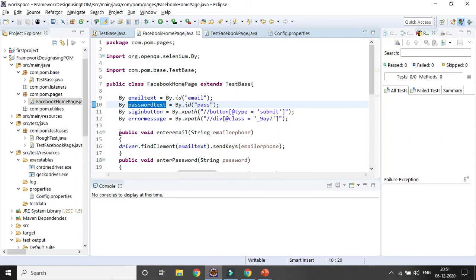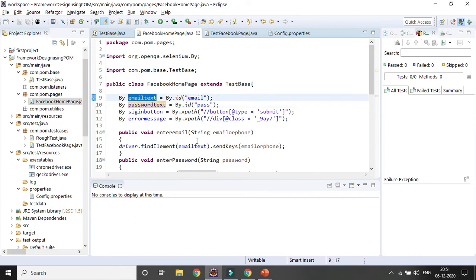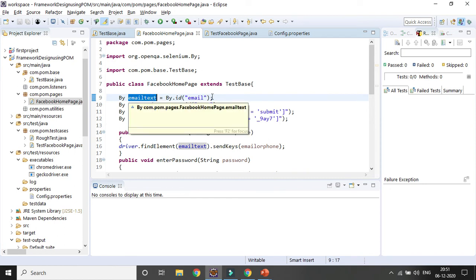After that I am creating methods in such a fashion that we just call those web element references instead of the hard coded element locator value.